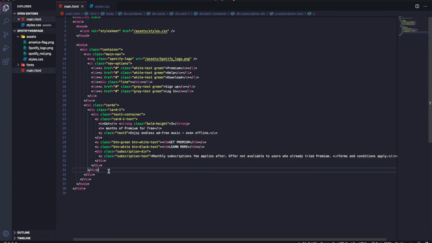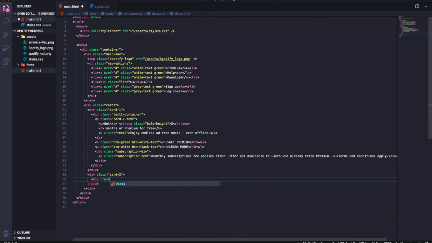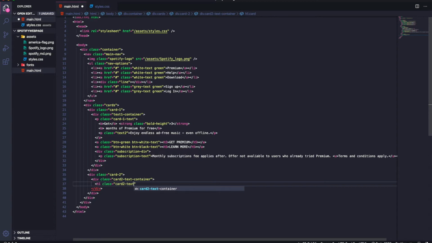So let me also do the HTML for the second. So just so we can focus on one thing at one time and we don't have to come back and do the cart 2 as well. And especially cart 2's HTML isn't too long. It's not too much, honestly. It doesn't have that much content. So we're just gonna call it cart 2 text container, and then we're gonna give an h1 tag inside of it and say class cart 2 text. And then we're going to say Spotify